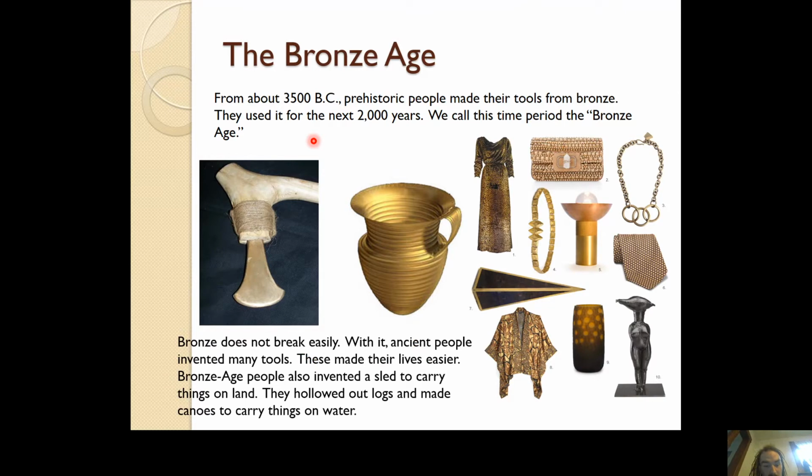Bronze does not break easily, unlike copper or tin. Once you mix them together, they're strong. So these are all artifacts made from bronze material from ancient societies. It looks like they had some bronze in this dress, a little bit in this cool little wallet thing that looks like it's got a neat little stone on it. I don't know what that is, a tie? Maybe it's just a color bronze. In any case, the rest of these are old tools, some clothing, just a little bit of bronze inlay in them.